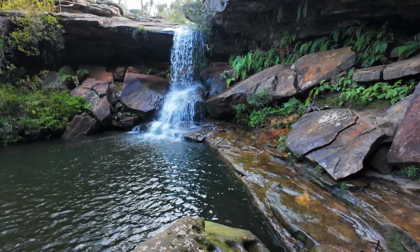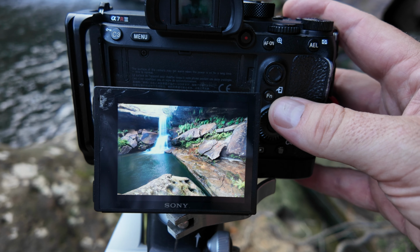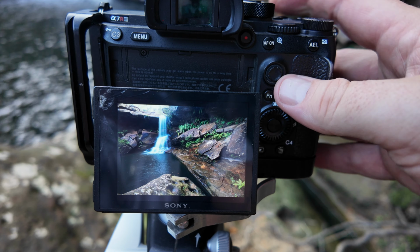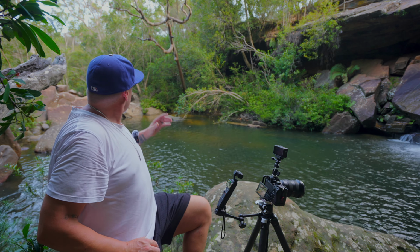So let's have a look at those 3 photographs there. So there's our first one. That's the first one for the shadows, you could say. And that's our water exposure and our sky exposure there. It's looking really nice. One thing I'm really careful about when you're starting to shoot long exposure, you sometimes get